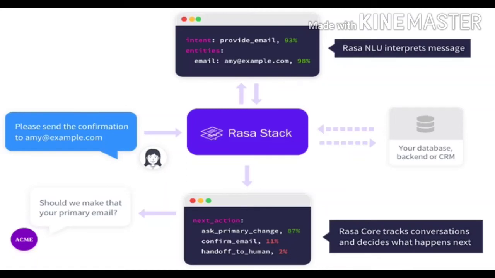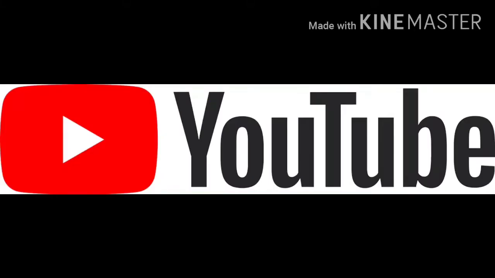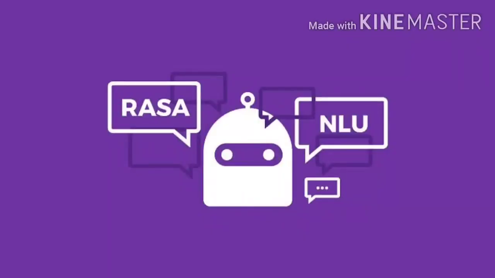Rasa NLU, that is, Natural Language Understanding. We need to actually teach our bot to understand our messages first. For example, we have to train the NLU model with our inputs in simple text format and extract the structured data. We achieve this by defining the intents and providing a few ways users might express them. So an NLU training file, a stories file, and a domain file should be there.